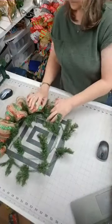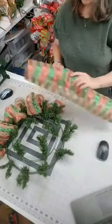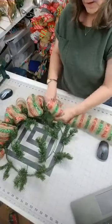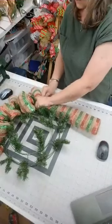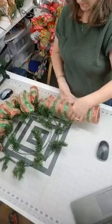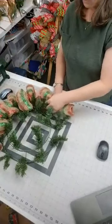So, I really like this mesh because it fills in good. It's nice and full. You don't see a lot of gaps. I like this smaller wreath form because it does give it a lot of dimension. And I just keep going around